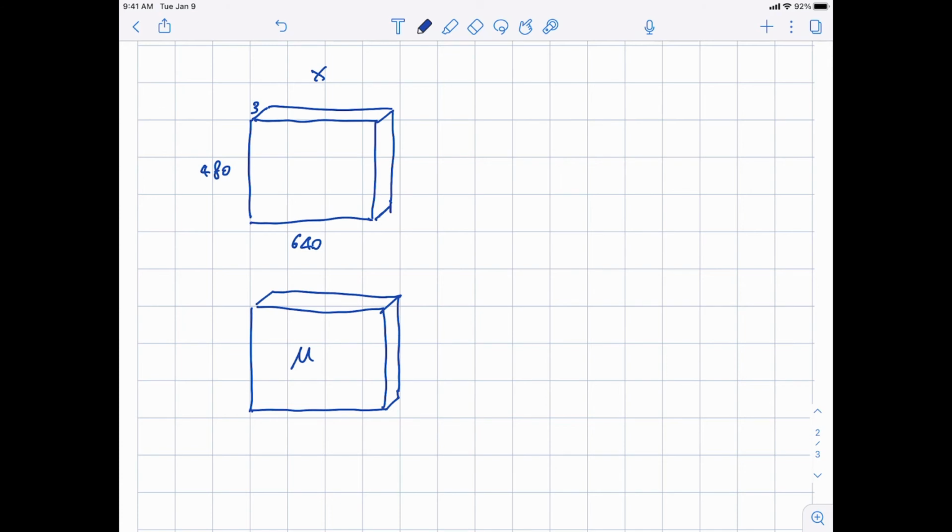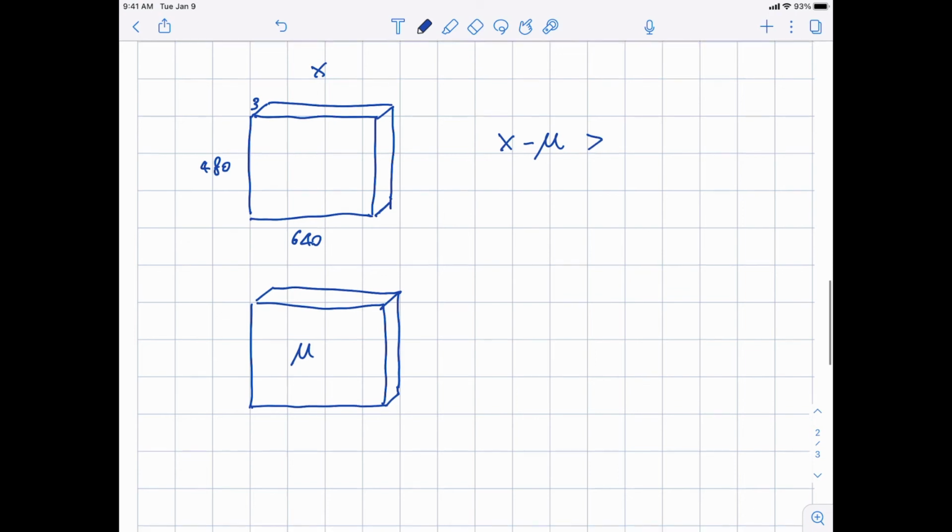And I just want to point out that in NumPy you can very well compute the difference between X and mu. So this is the difference between your image and the average values for each pixel. Once you do this, you can very well compute whether this difference is greater than a certain threshold, theta, which can be constant or can depend on the pixel if you want, right? This you have to reason about.